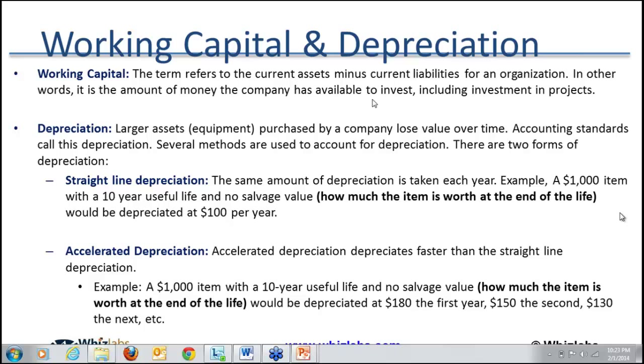That is the fund which the organization can use for the various project options the company has. So this working capital will be used for things like net present value and cost benefit analysis. All this will be the initial fund which will be declared in the project charter: this project has to be completed only at this particular cost. So working capital means the actual fund the company has to invest in the project. And one of the items in the project charter will be the initial cost which has been allocated for the project, and the project manager will